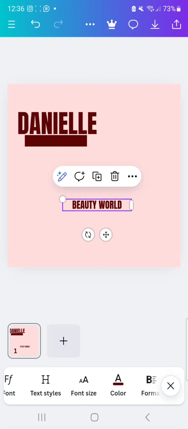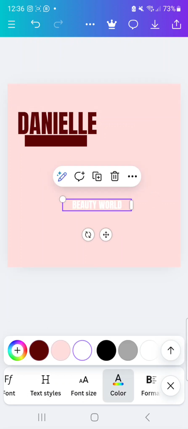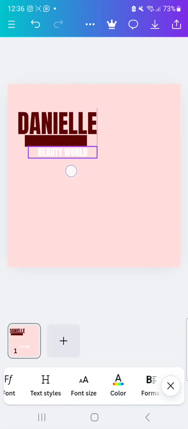Now this beauty wood, I'll change the color to white color and I'll use the help of this. I'll move it into this place like this. Okay,